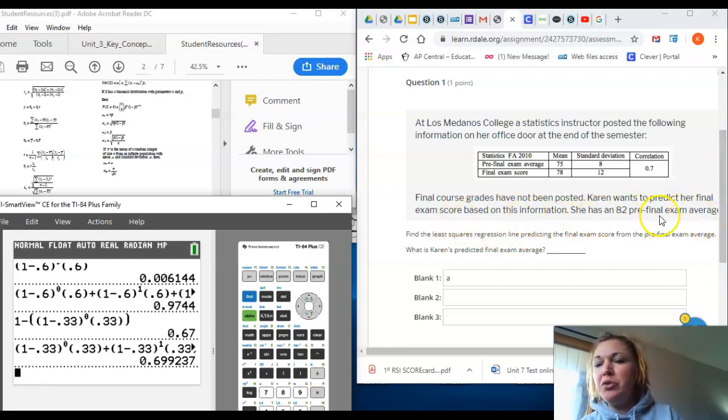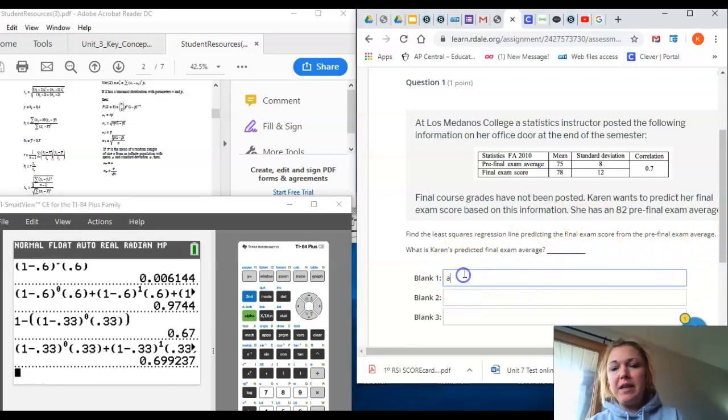She has an 82 pre-final exam average. Find the least squares regression for predicting the final exam score from the pre-final exam average. What is Karen's predicted average? Okay, so what we need to do